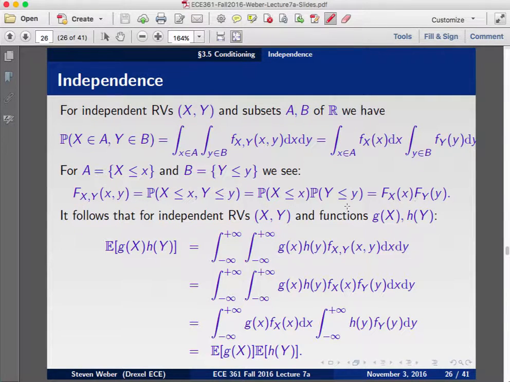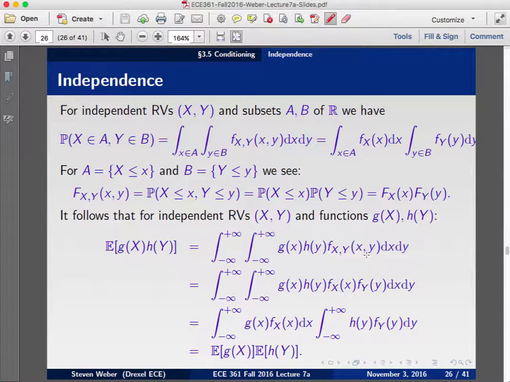These same notions allow us to express that the expectation of functions of the form g of x times h of y, where x and y are independent random variables and g and h are arbitrary functions, is going to equal the product of the expectations. To see how that happens, let's consider the definition of this quantity. Well, we're going to integrate over all possible values for x and y, and for each pair little x, little y, we evaluate the argument g of x times h of y, and we weight that by the probability density function. But since x and y are